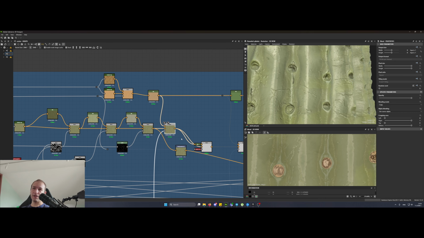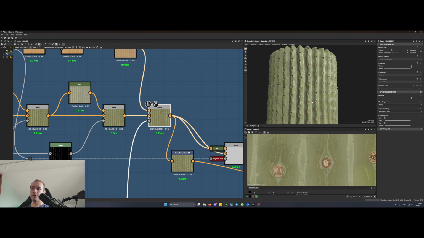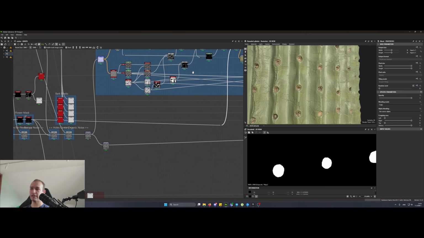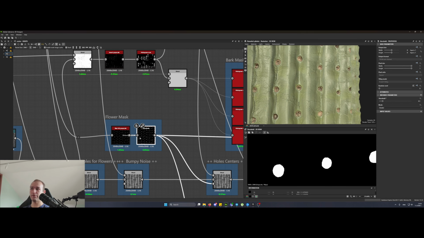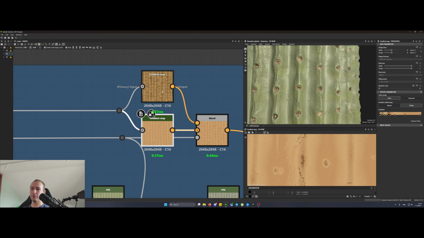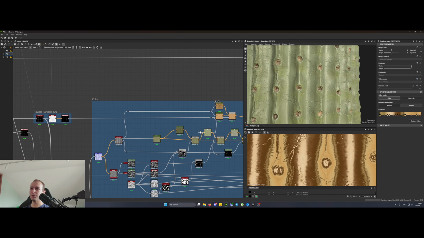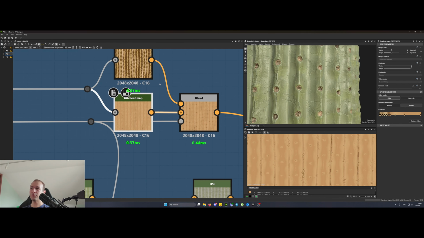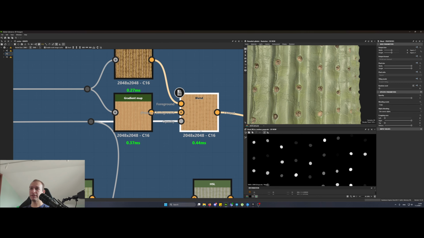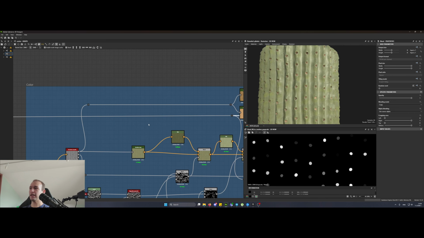And here comes the first part where we are adding the wooden bits of the cactus. So we add this brown orange cover, and the mask for it comes from all the way down here, the flower mask that we used before. And the cover itself is coming from two different gradient maps. And we are using the same curvature smooth. And the first gradient map is this one. The second gradient map is this one. We blend them together with a random mask for each different hole. And to get that mask,